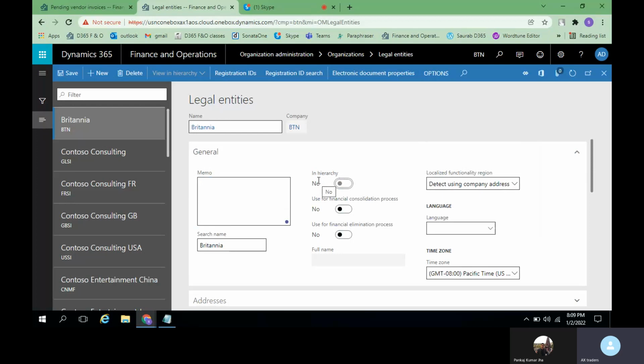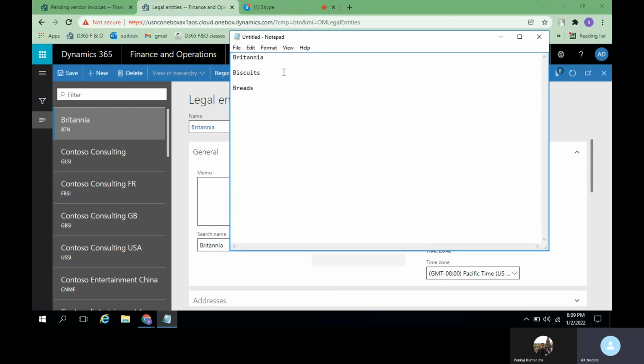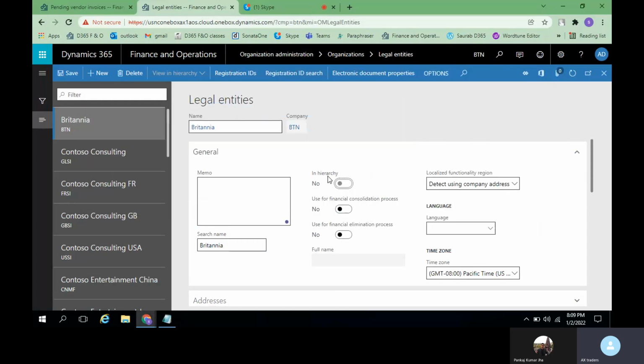For example, let us assume we are creating the Britannia biscuits legal company and the Britannia breads company. Then it will allow you to select this option. That topic we will discuss once we create these multiple legal entities. This one is used for the financial consolidation process.